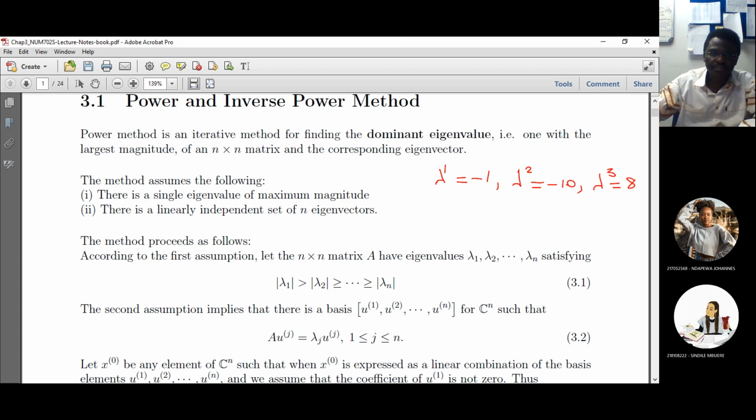Janice, any clue? Say, is it 8? You see, that's why I purposely gave this example and I asked you. And it's good to answer because you answer sincerely. And then next time you will not make the mistake because you will understand the concept. Because if I just spoke as I did and continued, you would have the impression that you understand. That's why I gave this example to make sure that you understand. Okay, now you say 8 because for you 8 is the largest, right?